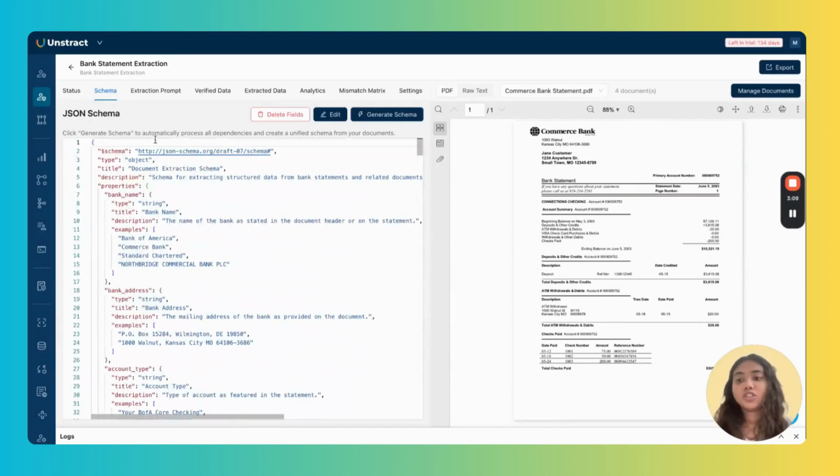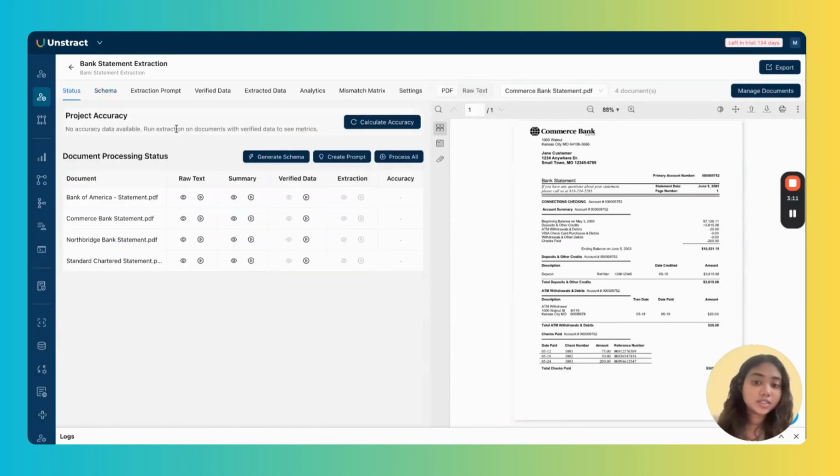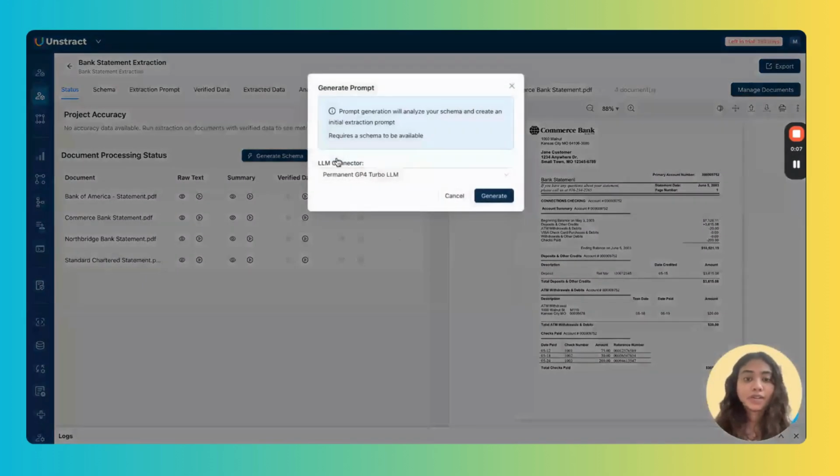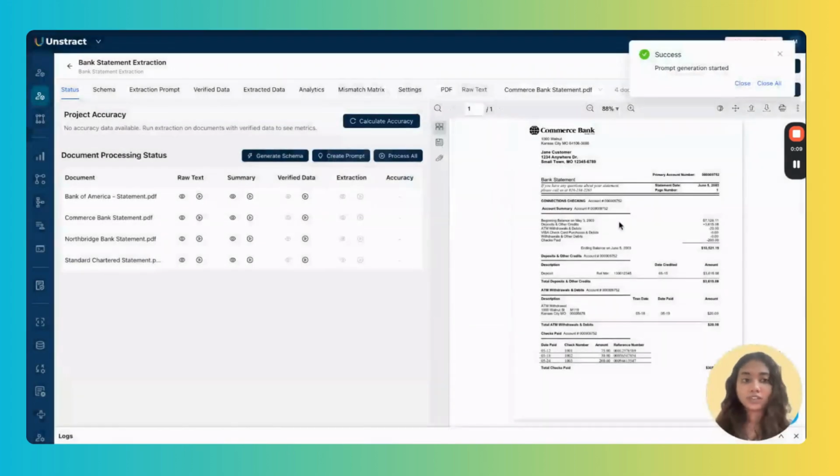So once your schema is generated, you can use this to create the prompt. Now I'm just going to click on create prompt to enable the multi-agent prompt generation pipeline.